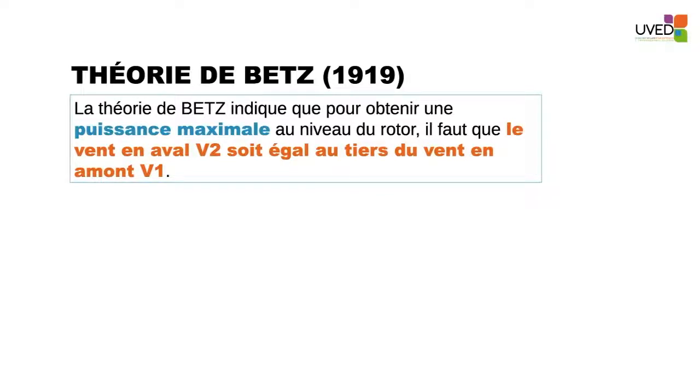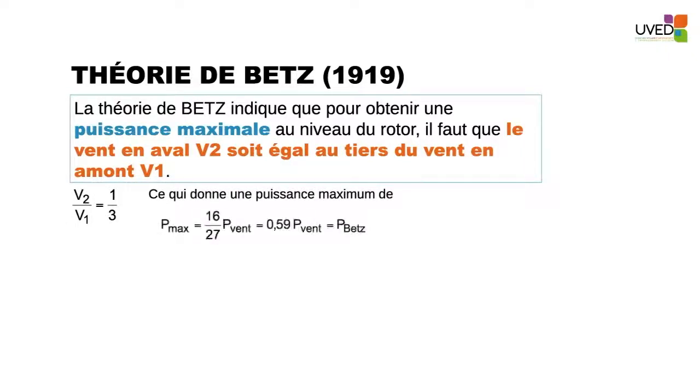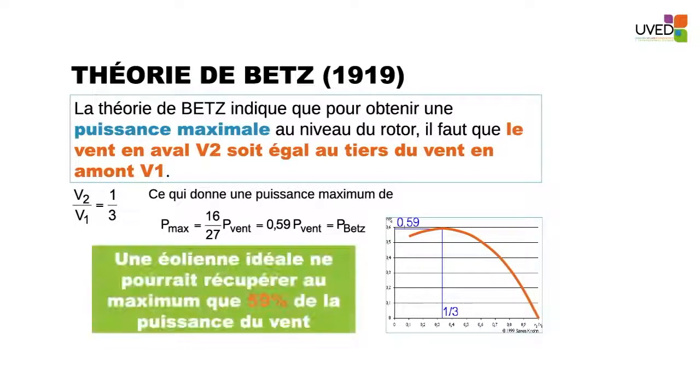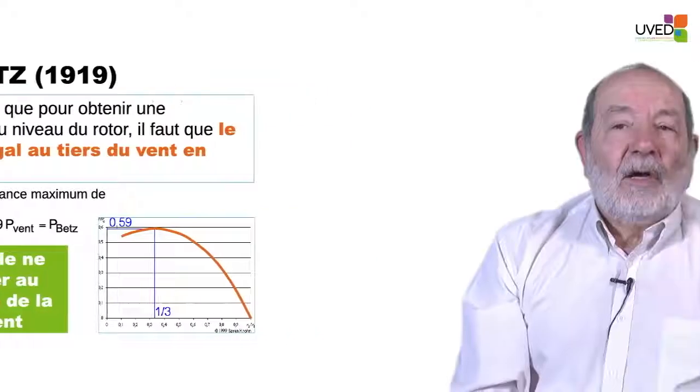Betz's theory indicates that in order to obtain the maximum power on the rotor, the wind behind the windmill should be 1/3 of the wind before the windmill, which gives us a maximum power of approximately 16/27 of the wind power, 0.59 times the wind power, Betz's power. An ideal windmill should be able to recover only 59% of the wind's power. In summary,